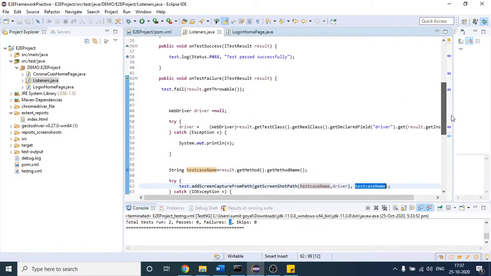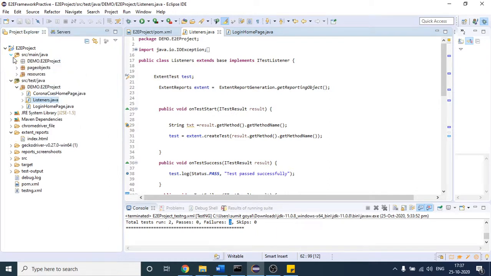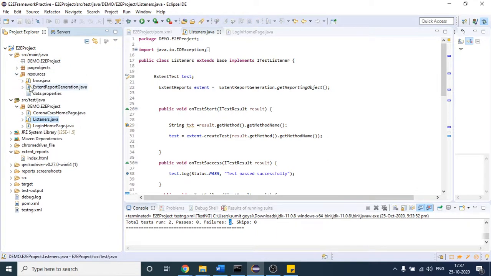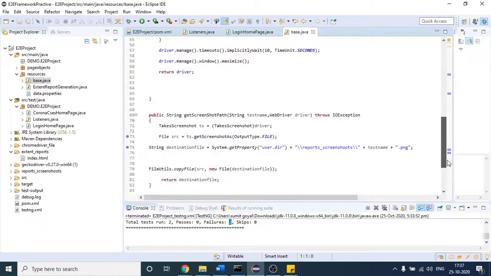I think this is okay, so let me put one here as well. In the base class we can also put one. Where is my base class? I think it is here. This is my base class, and let me put one debugger in this method as well.